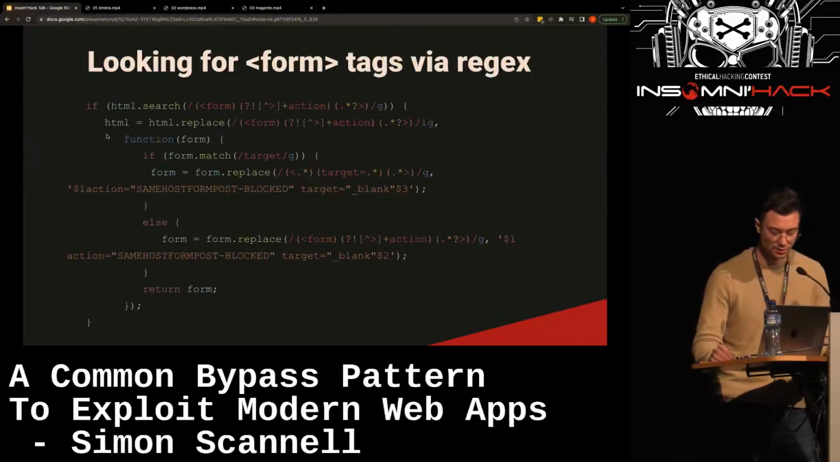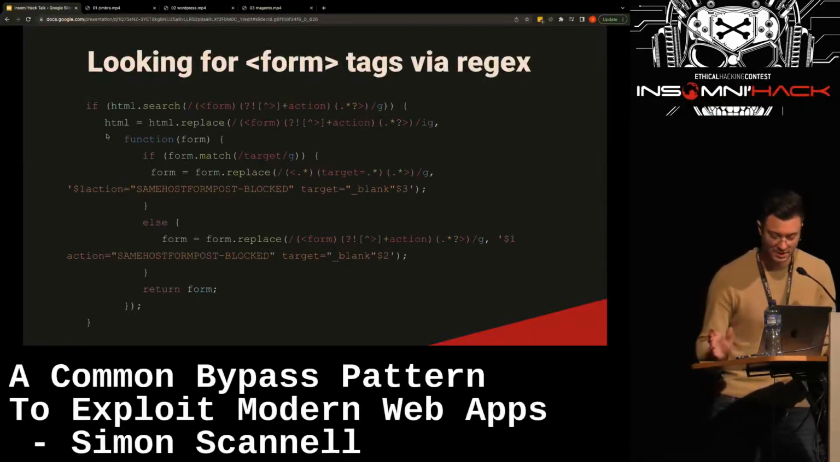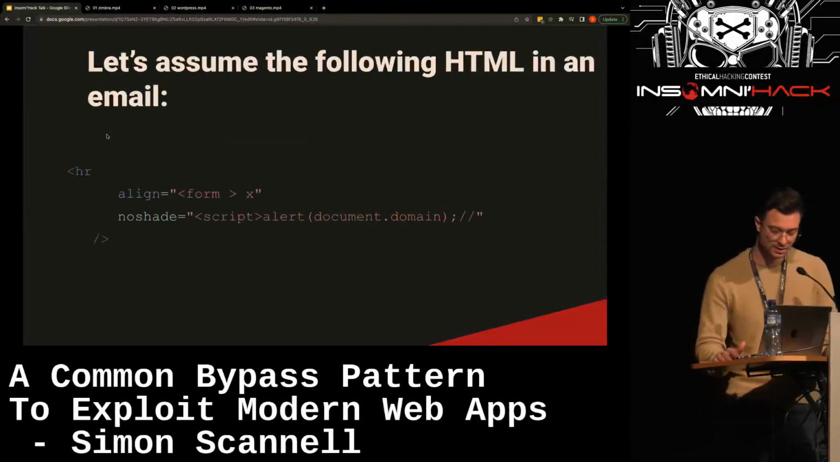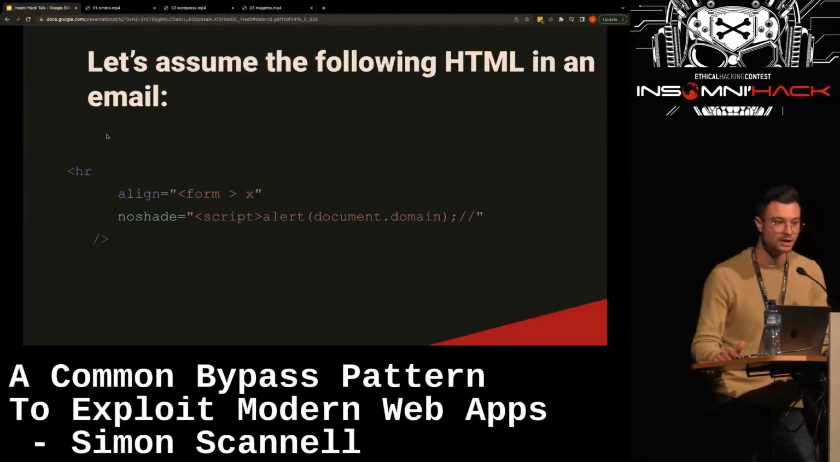And if they do, they just insert the attribute action equals same-host form post blocked action attribute, just killing all these CSRF attacks. So let's actually look at some code, and let's assume the following HTML that was sent in an email to